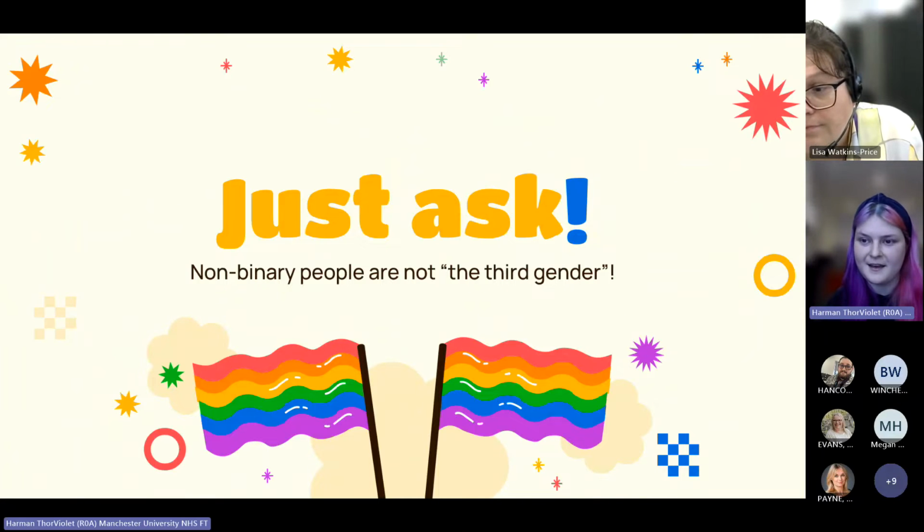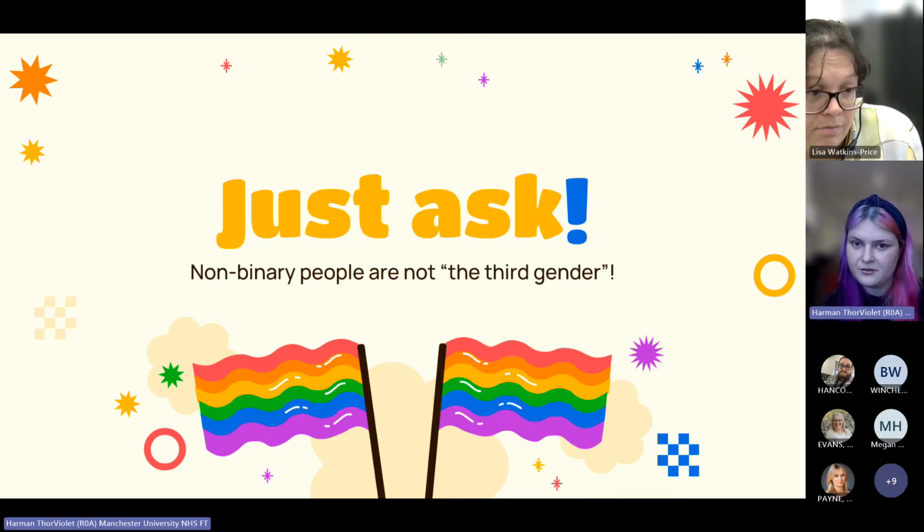Fundamentally, I think the key thing that you can do is just ask. So non-binary people are not the third gender. Everyone is individual. We're not a monolith. Ask if you're not sure. I will say, just for the avoidance of doubt, certain questions, such as questions on medical status, are not always appropriate in the workplace, or generally, to be honest, but likewise, you wouldn't ask a cisgender person about their medical status in that regard. But beyond that,